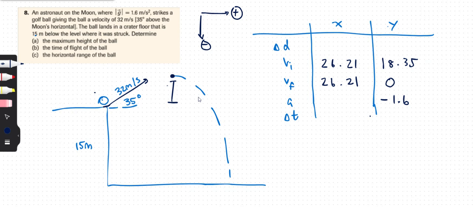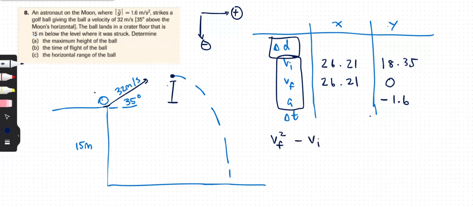So in order to do this, we need to use a physics formula, and you should be given 5 of the main ones. What you want to do is look for a formula that has all of these and also this as well. We don't need a formula with time because we don't have the time and we're not looking for the time. So if I look at my physics sheet, the formula that I used is V final squared